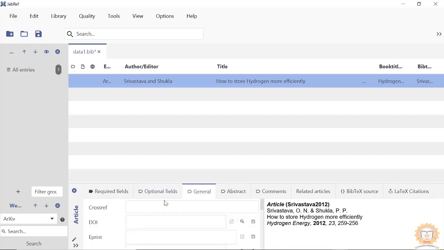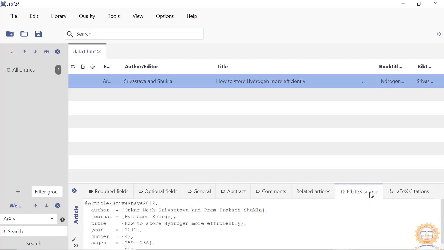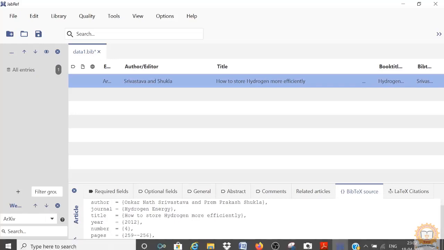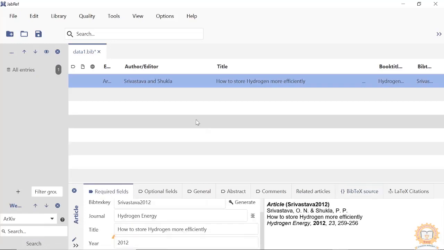And if you want, you can add cross references, all these things also you can add, or comments or related articles if you want. And this is the BibTeX source. So this is how in actuality the database will be prepared. You can type like this also, but it is cumbersome. That is why we are using this bibliography database software.